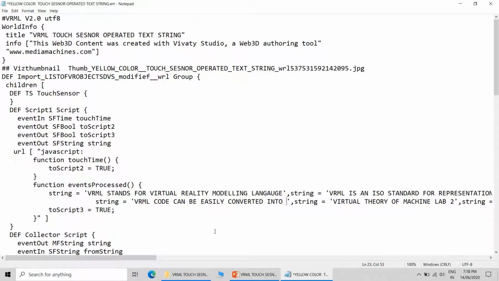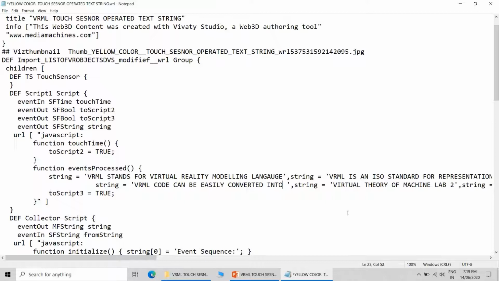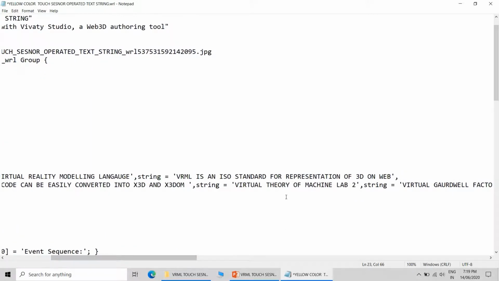VRML code can be easily converted. Now, the speciality of Notepad is that it does not introduce any kind of hidden codes, because many times during formatting hidden codes are introduced knowingly or unknowingly. For example, if you want to make the text bold, there will be some hidden code working in the background to enable the text to appear as bold or italic or superscript or subscript.